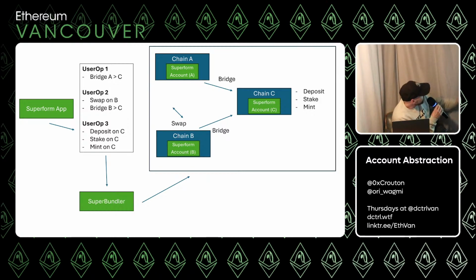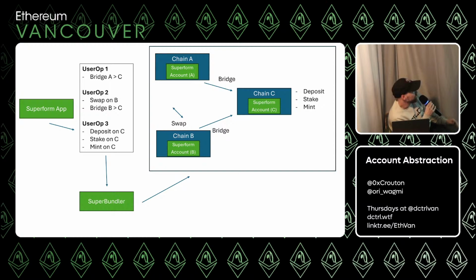On the Superform app, in my embedded wallet, I'm going to specify my intent, which is broken up into these 3 user ops with 1, 2, and 3 hooks in the user ops. Then these user ops get sent to the super bundler. Then the super bundler is going to send those on chain. And then these things execute on the chain. They are interacting again with the entry point contract that's doing the execution. But you can kind of see what's going to happen here.